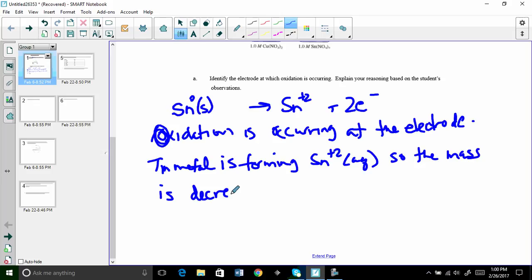Maybe that'd be better. So basically, identify the electrode at which oxidation is occurring. Oxidation is occurring at the, I'm an idiot, tin electrode. Just explain your reasoning. Tin metal is forming tin ions, so the mass is decreasing. Okay, so then